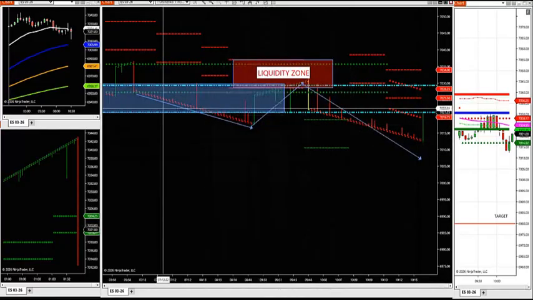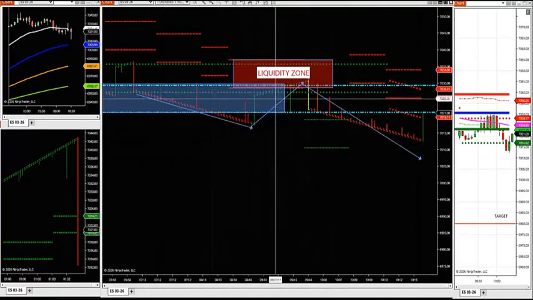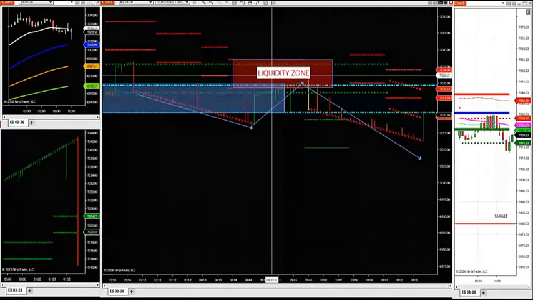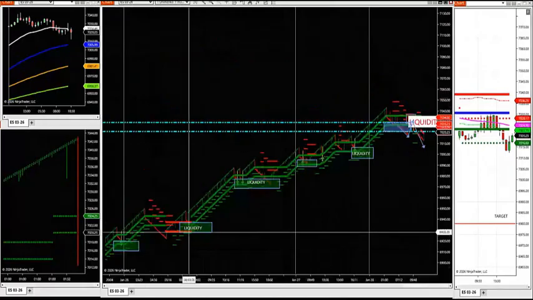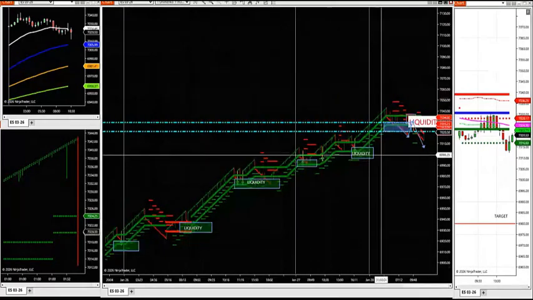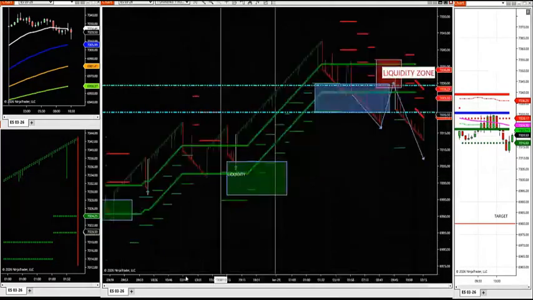So they trapped the traders to the downside. They trapped the traders to the upside. They went right to my liquidity grab zone, just like they did yesterday, the last 2 days. Went into my liquidity grab zone, popped it, popped it, popped it. And now this is a projected short